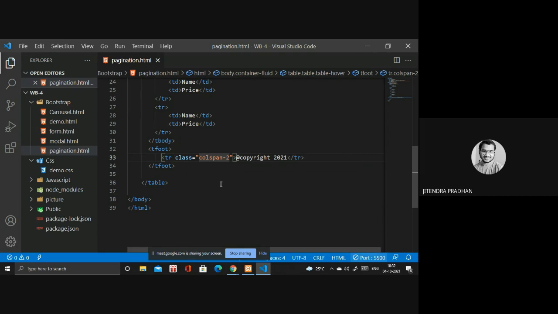Next we have to design that particular pagination, right? So let's see how it looks now.